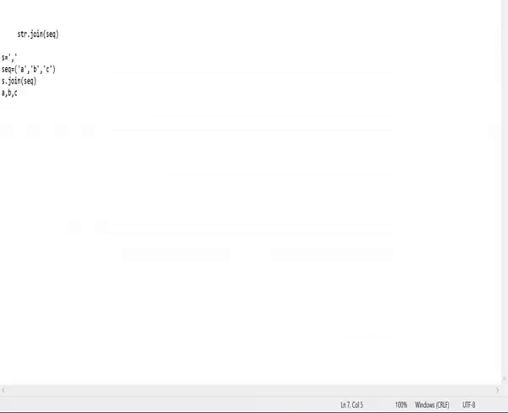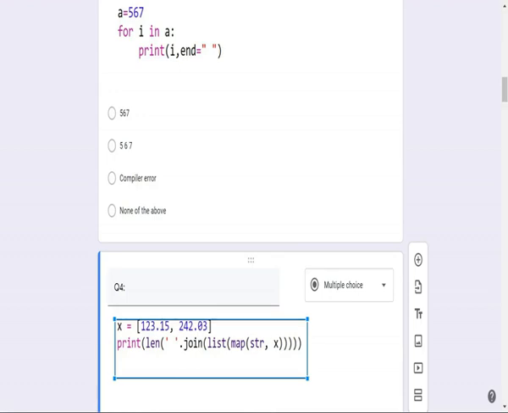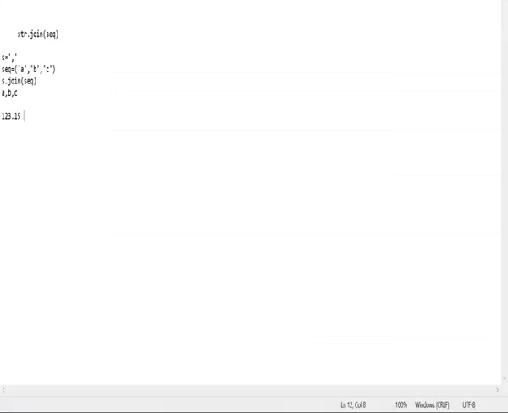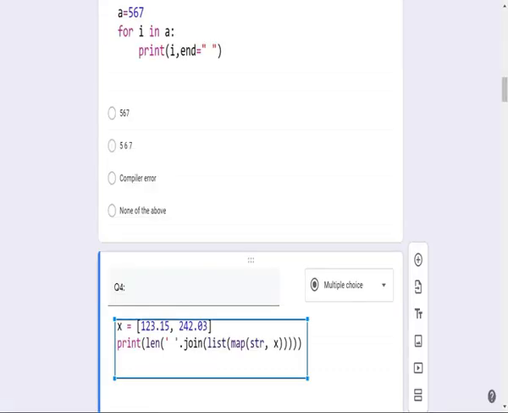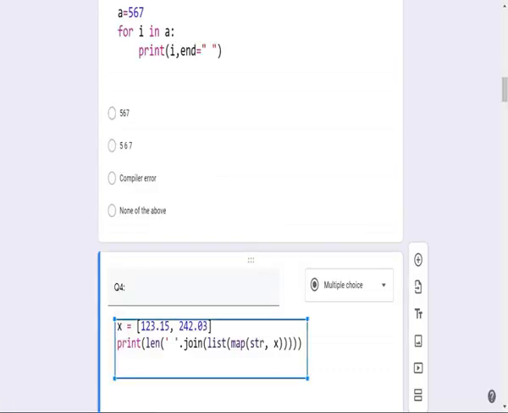So it becomes 123.15 and 242.03, and the list means these are the two elements. This happens after performing this one.